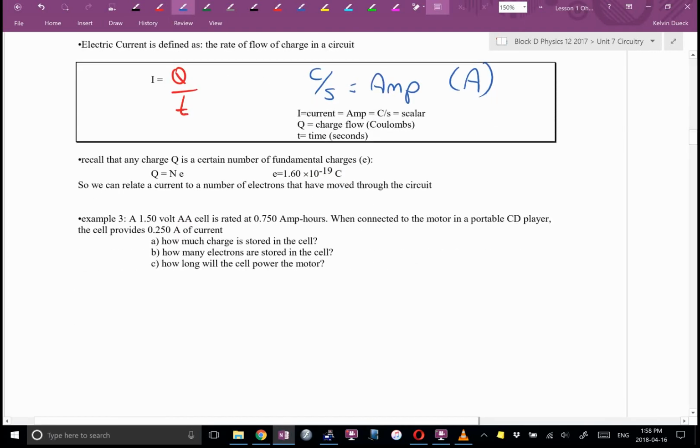By the way, also, Q is always the number of electrons times the elementary charge, or the number of protons times the elementary charge. So we can actually relate current to how many electrons are moving through a circuit. Example 3 says this: a 1.5 volt AA battery is rated at 0.750 amp hours. What's that? When connected to the motor in a portable CD player, the cell